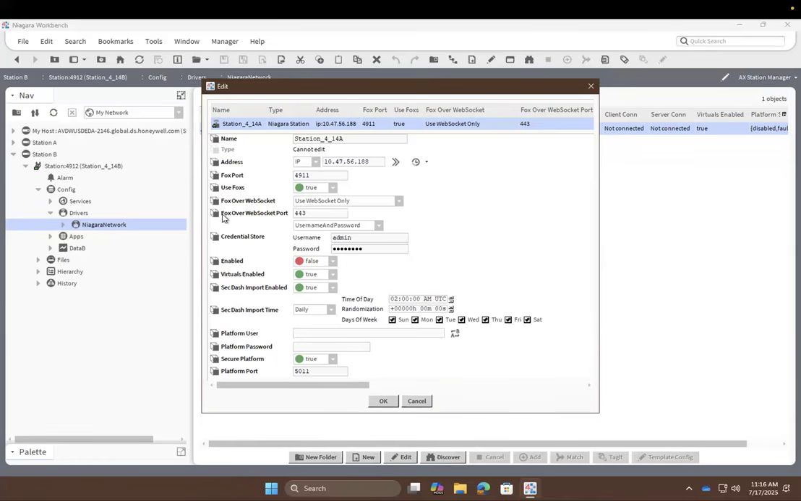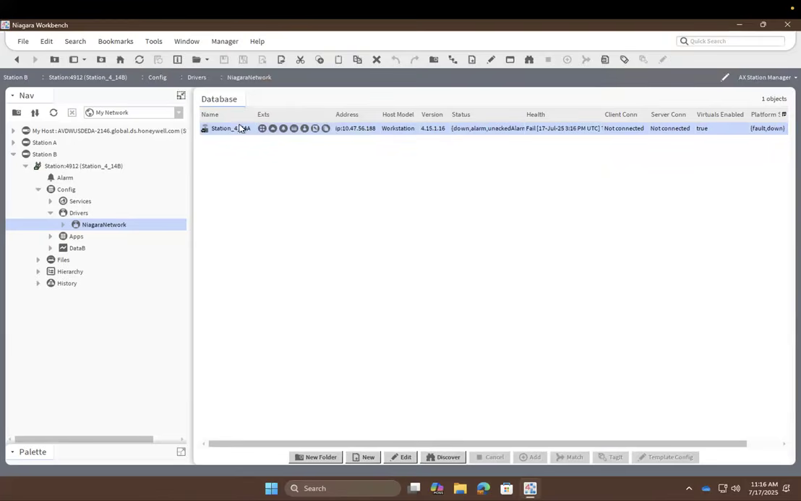The next property that's been added is a Fox over WebSocket port. So again, if that port had been changed, I can enter that new port number here, but the default is 443, so I'm going to leave it there. Next, I'm going to enable my station, press OK, and